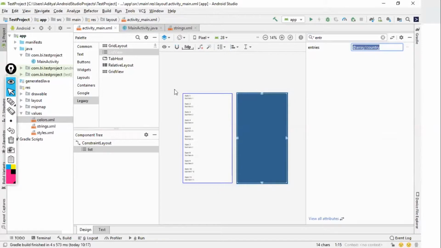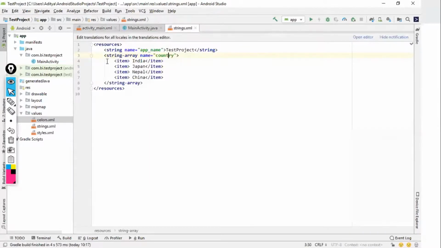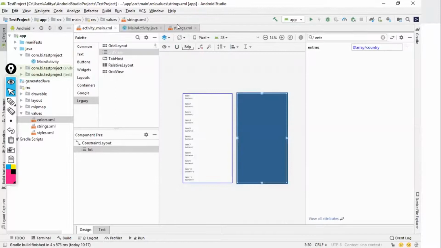The first step was to add the list view and provide an ID to it. Second step was to go to the strings.xml and create a string array. Remember that the string array needs to be created amidst the resource tags. I've given the name of the string array as country, and added some elements to it. After that, I click on the list view, go to the entries attribute, and add @array/name of the array, that is country.